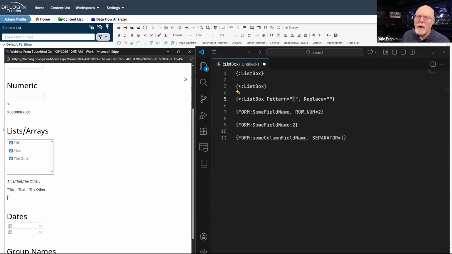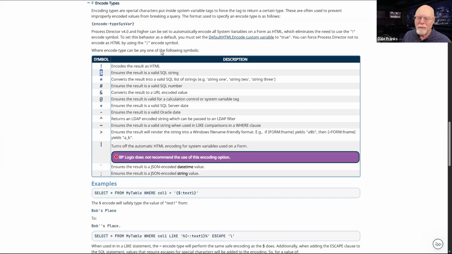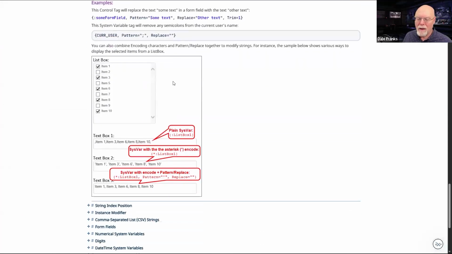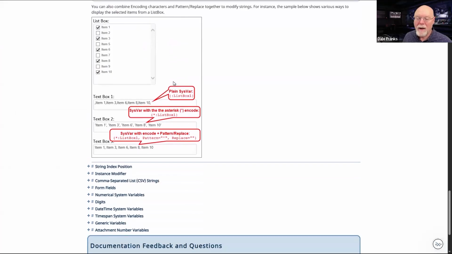What I really wanted to get back was this, and that is not working. It appears that I have found something that I did not want to find, because what I expected was to have the ugly leading and trailing commas removed.